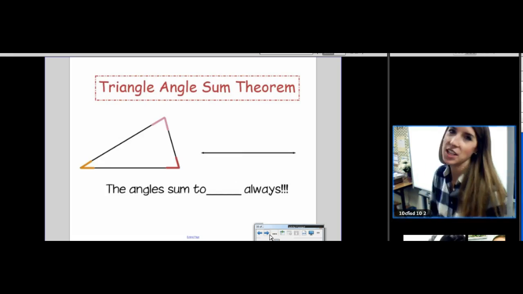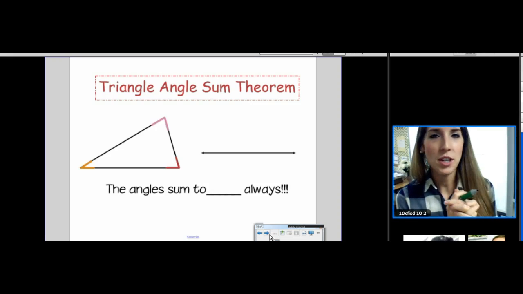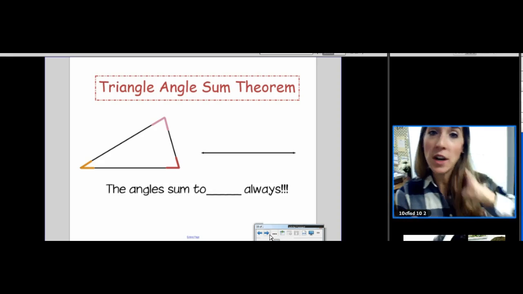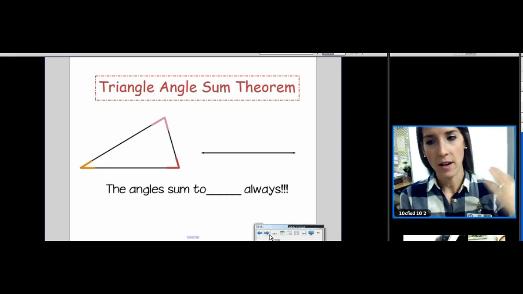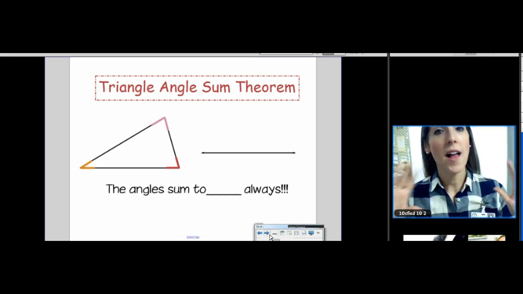Okay, let's get to the good stuff. This is knowledge you already know. It was used on your homework last night. I just wanted to show you pictorially how it works. The angles of a triangle sum to 180 always, and we know that. But the reason is if you take each one of those angles and you align them